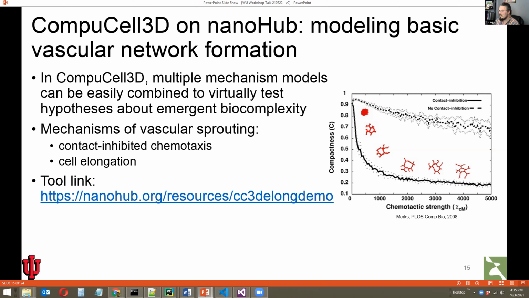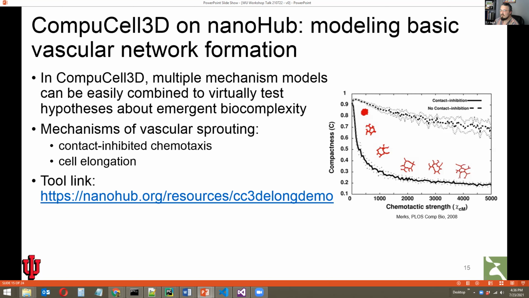And what they found was that they could generate vascular networks with the combined mechanisms of elongation of cells and contact inhibited chemotaxis. And by that, for those who may not be familiar, contact inhibited chemotaxis would be chemotaxis of cells along a chemical gradient, but only into available space.